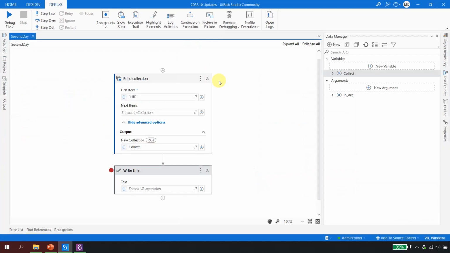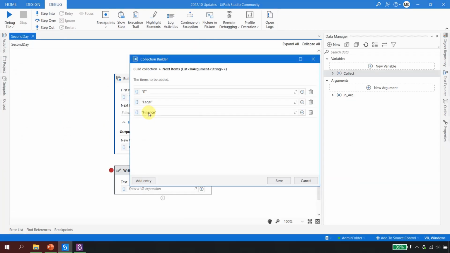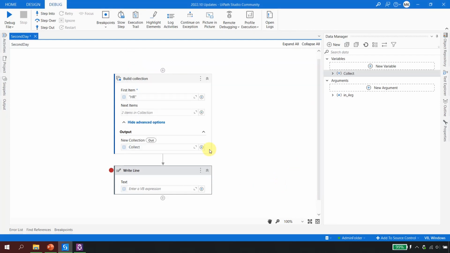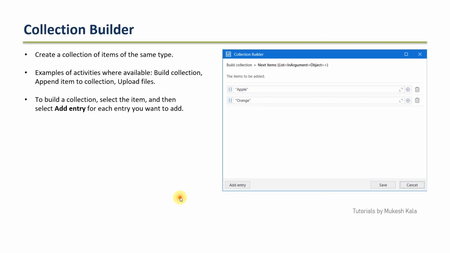With the help of the build collection, you can actually go and do this. At any point of time you want to change it, click on delete and save. That's it, right? This is an example which we have shown. This you can use in append to the collection, upload files. Wherever you have an input of collection type, you can use this collection builder to actually add items to the